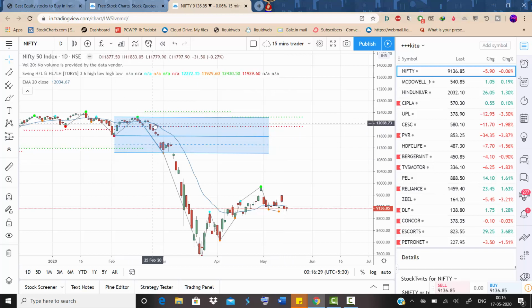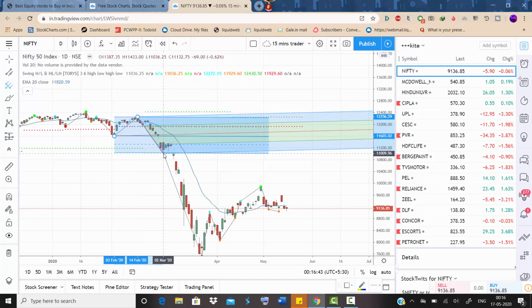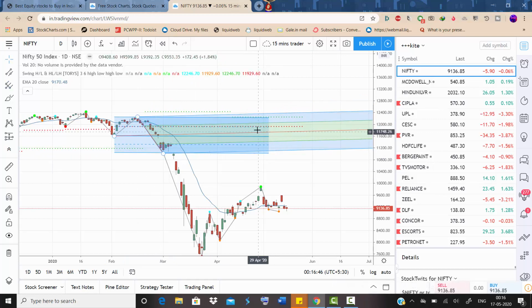Instead of drawing these things, if you have a pitchfork tool like this by default, you just click pitchfork, click point A, B, and C. You can see it's almost the same. The small mistake is that while calculating the half distance, I made a small error. So you can see this is the pitchfork. This is the most probable direction of the stock on reversal at the lowest of this.